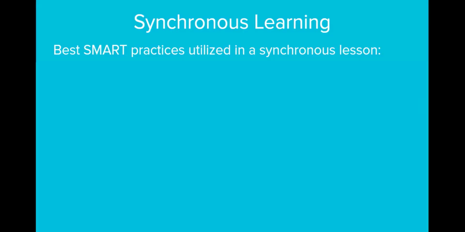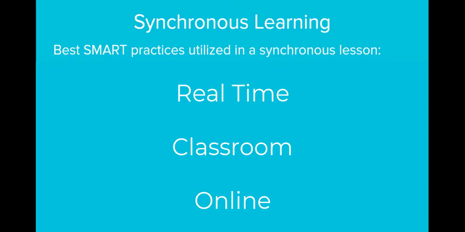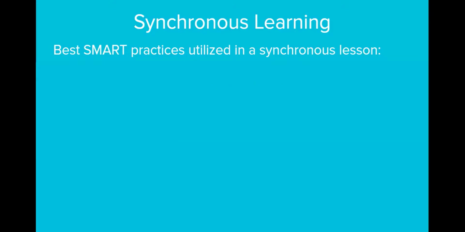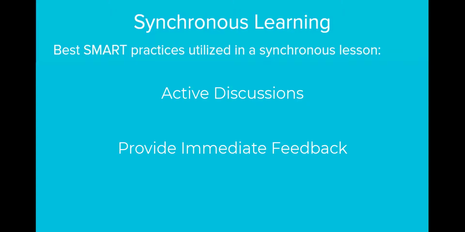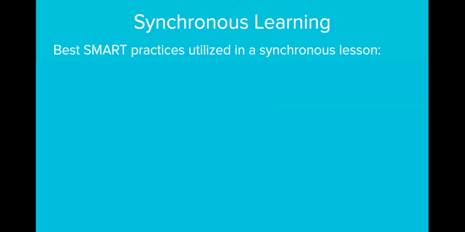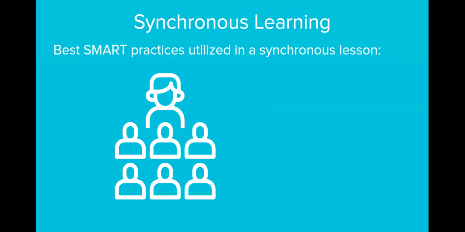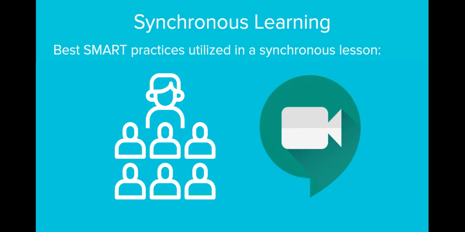Synchronous learning is learning that is done in real time. Students can be in a classroom or online in a video conference. Advantages of a synchronous learning environment are the ability to have active discussions with students, provide immediate feedback, and add a touch of personal engagement in your lessons. This environment best represents a traditional classroom model, but virtually would be done via Google Meet or other video conferencing